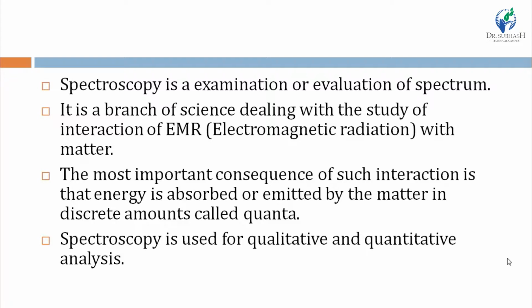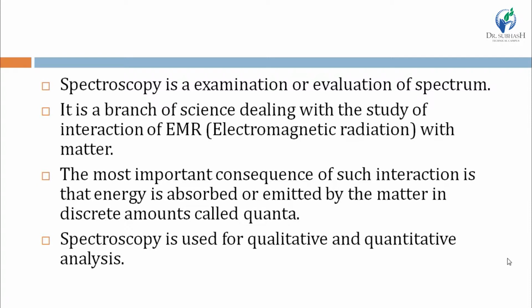Basically, in spectroscopy, we pass a specific type of electromagnetic radiation through the matter, through our analyte, and our analyte either absorbs or emits the specific wavelength of that radiation based on its properties. And the wavelength gives the qualitative information, and the degree of absorption or degree of emission gives quantitative information, as we have seen in the example of atomic absorption spectroscopy, right?